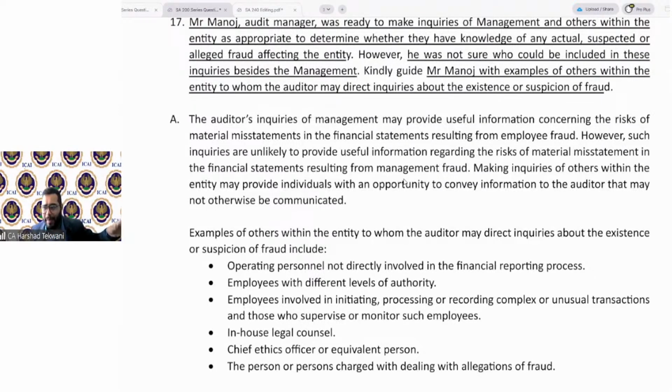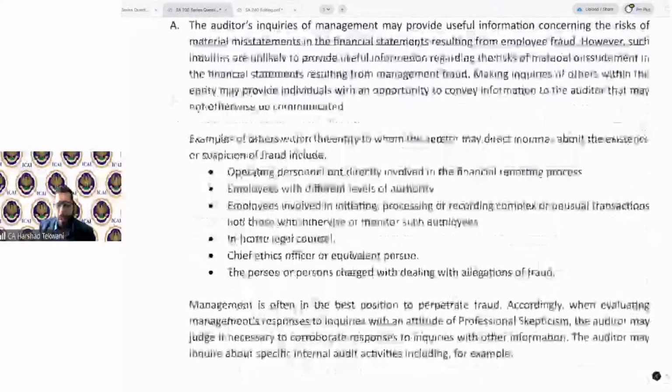Now, if you ask management, management might give you information about employee fraud. If you ask employees and other persons, they might give you information about management fraud. So it's vice versa. That's why it makes more sense that you ask other persons also, because if there is any fraud conducted by the management, or any suspicion of management fraud, they can provide you that. So those other people can include